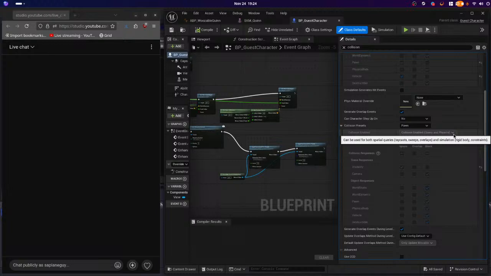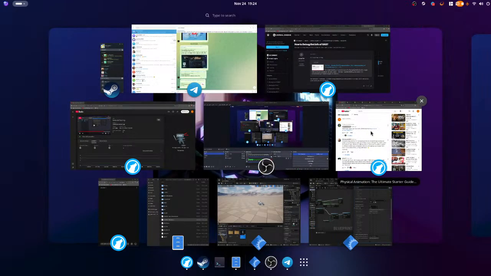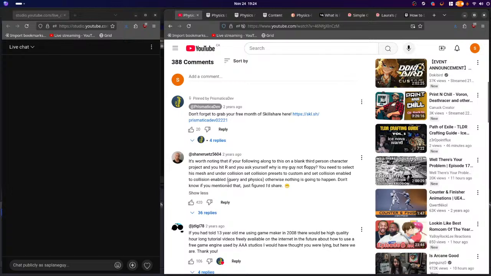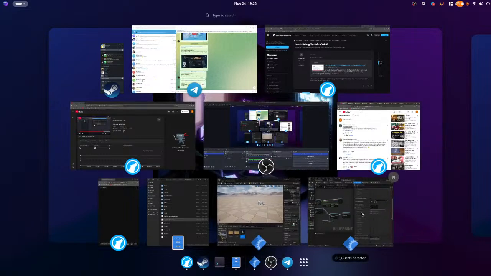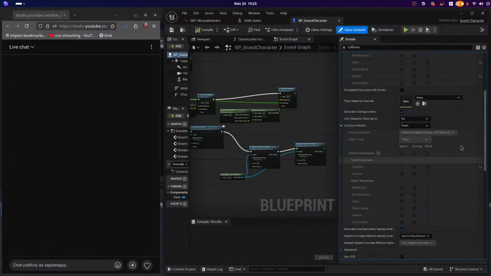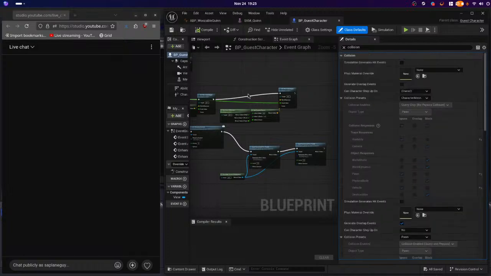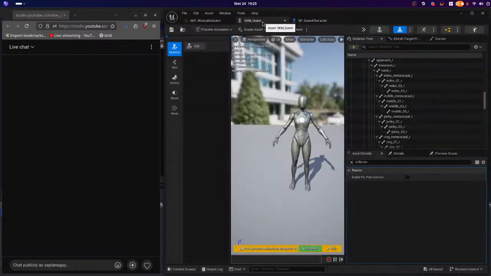Collisions, collision enable query and physics. So we do have this set, so it doesn't particularly do much. That comes from the mesh. It's this. Can't be this because